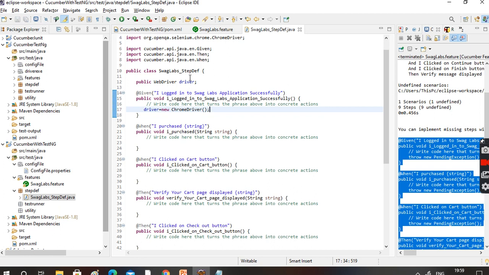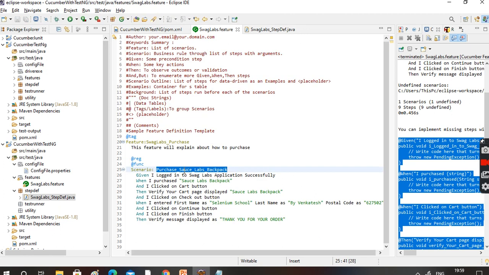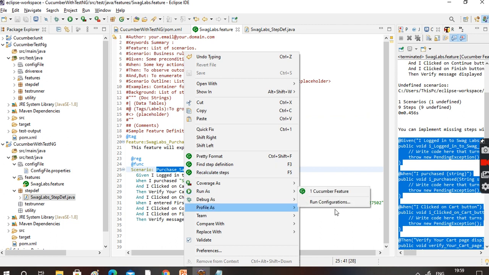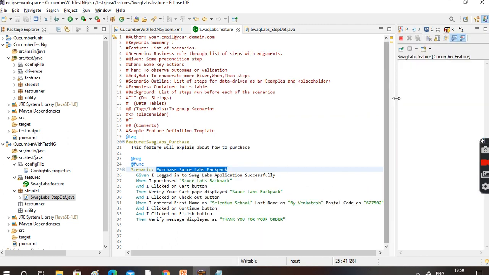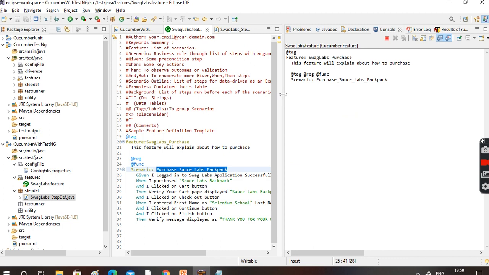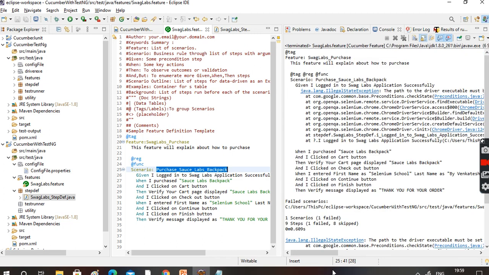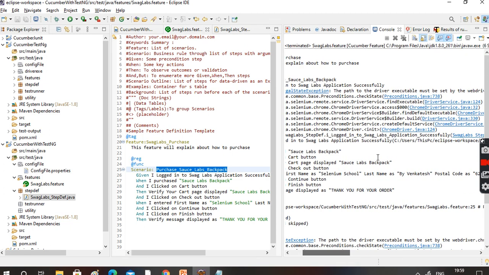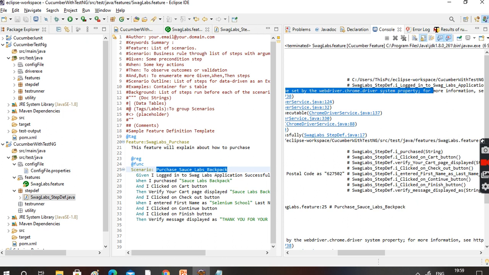We'll resolve it by seeing the error. Okay, no need to hurry. Let's see, it will throw the error. What is the error it is saying? Path to the executable must be set.